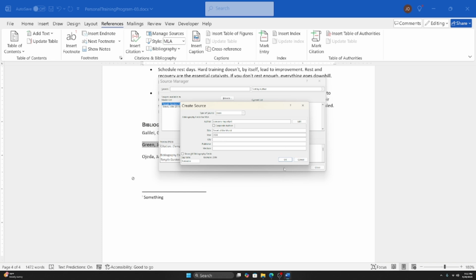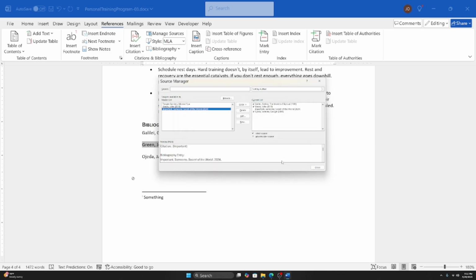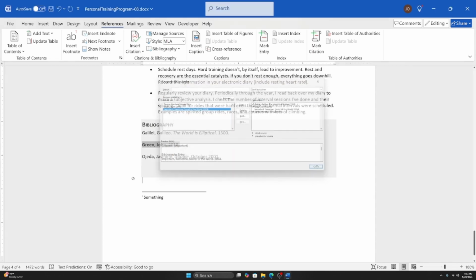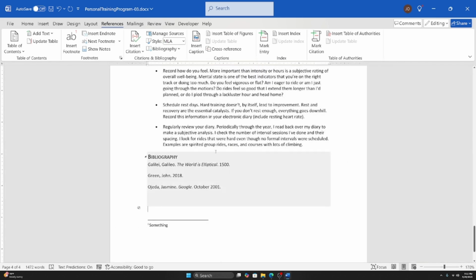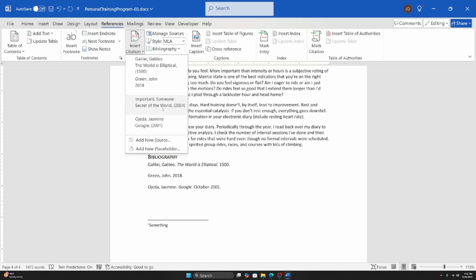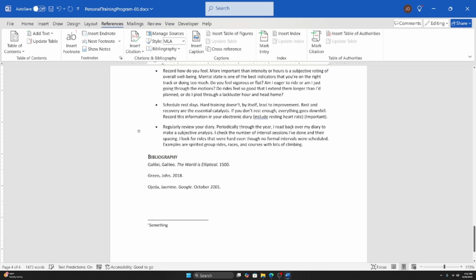There we go. Let's click OK and click close. And it's not included in this document because you still have to use, or actually here. Let's see if adding in a citation helps make it appear. Not quite. So if you have included some sources or some new citations and it doesn't update in your bibliography,